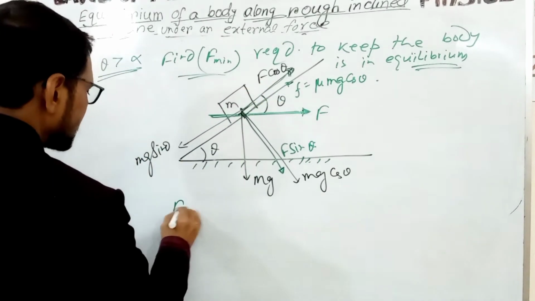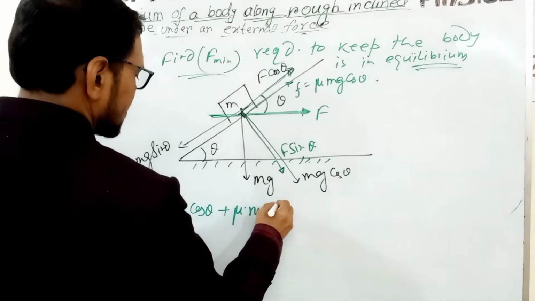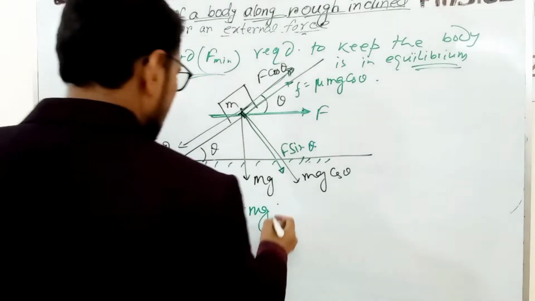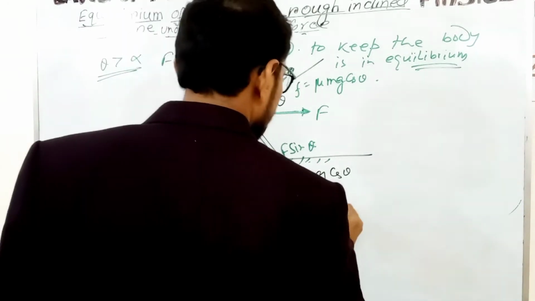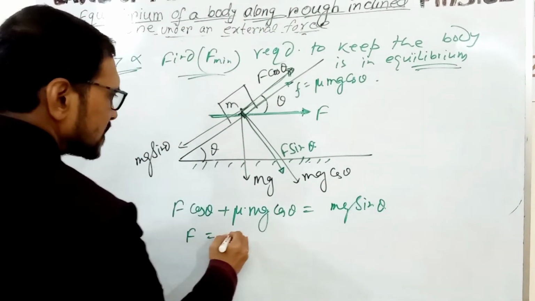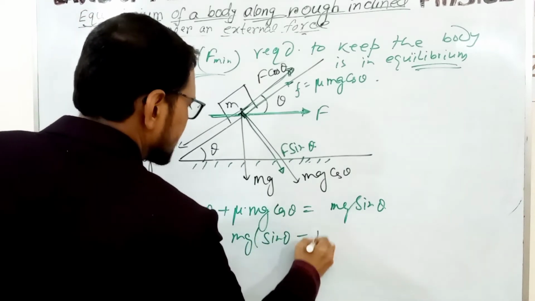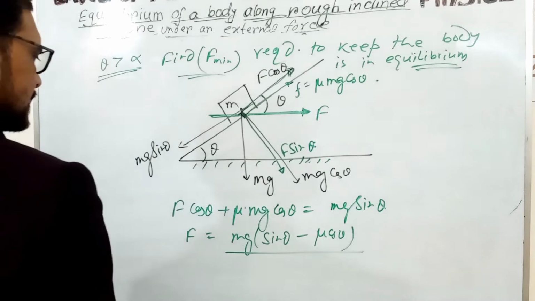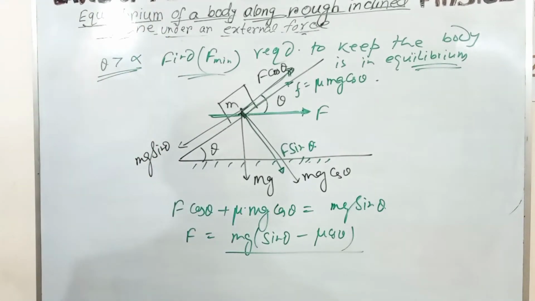So F cos theta plus mu into mg cos theta balances the weight component mg sin theta. So F equals mg sin theta minus mu cos theta divided by